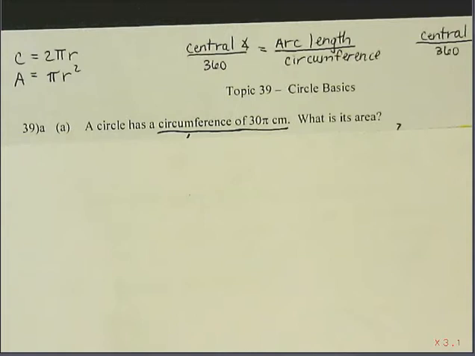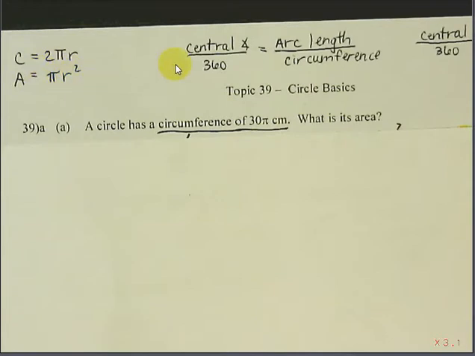All right, topic 39, circle basics. There are some formulas you need to remember for this topic. First of all, make sure you know the difference between circumference and area of a circle. Circumference is 2 pi r, or twice the radius times pi, whereas area is pi r squared, or the radius